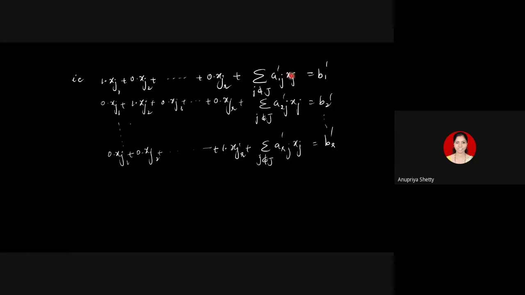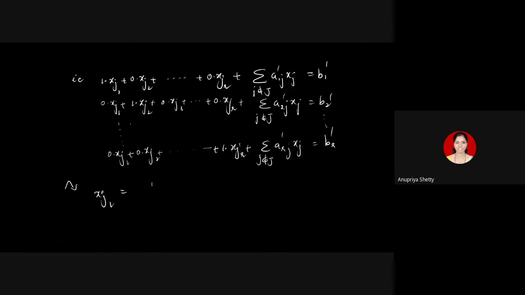Now, you give the values to the xj's which are present inside these summations. You give your own values, arbitrary values, to the variables xj for which j is not in the capital set J. Then, when I give arbitrary values to these xj's, I would get xj1 from the first equation. What is xj1? Let me write down. This gives us xj1 from the first equation.